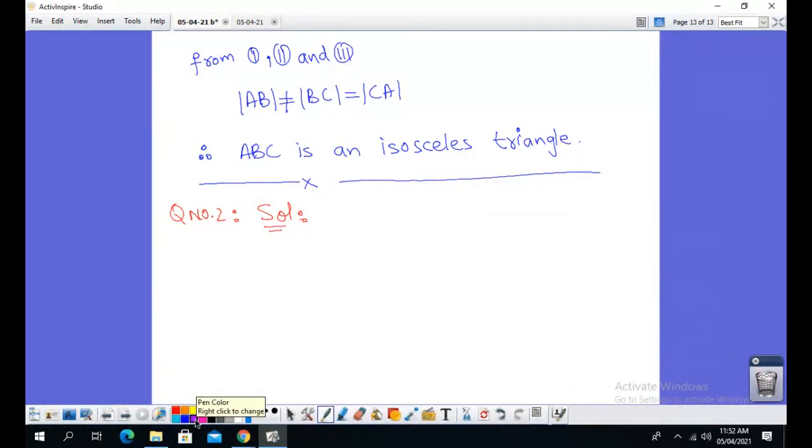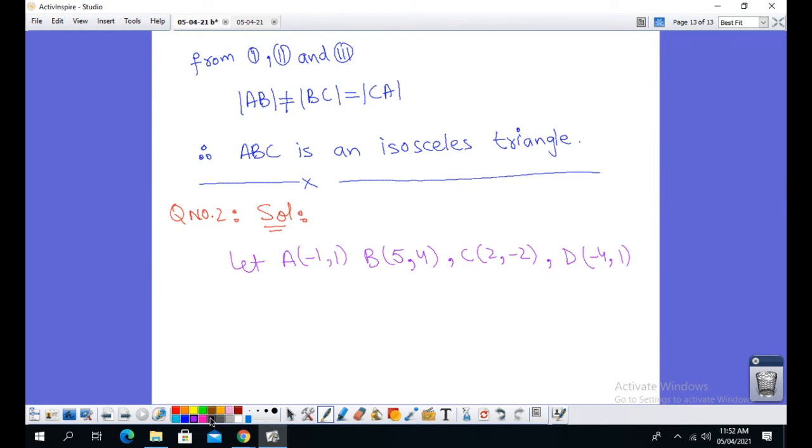We have 4 vertices. Let's suppose the first vertex we call A, which is (-1, 1). The second vertex we call B, which is (5, 4). The third vertex we call C, which is (2, -2). And the fourth vertex we call D, which is (-4, 1). These 4 vertices form a square. Here we check whether these 4 vertices form a square or not.